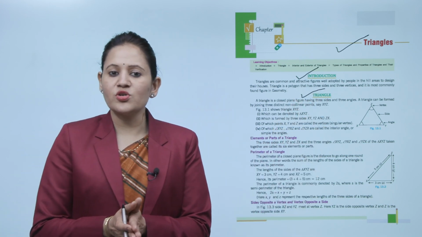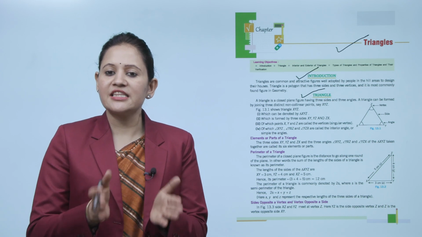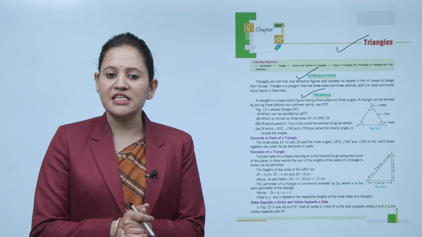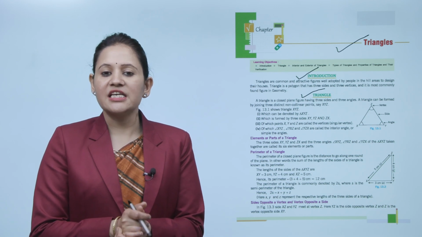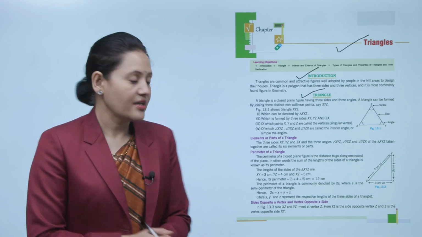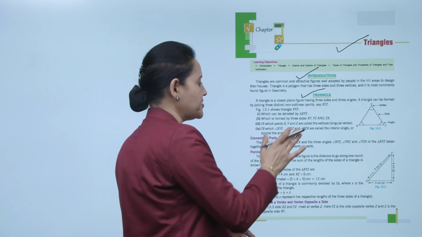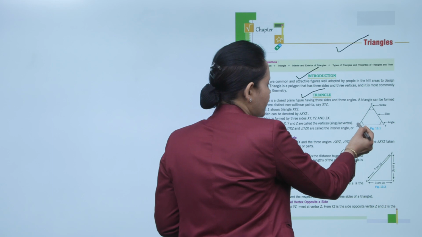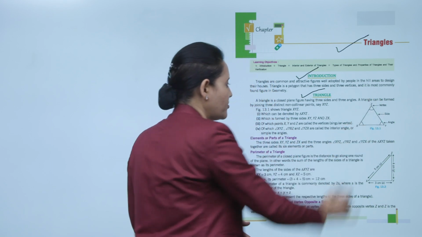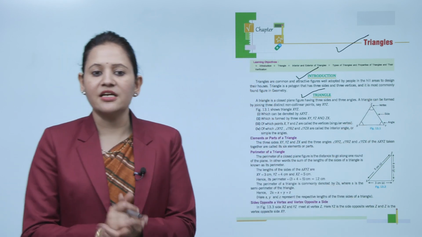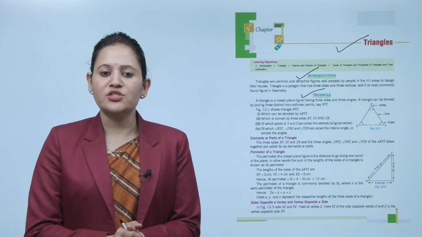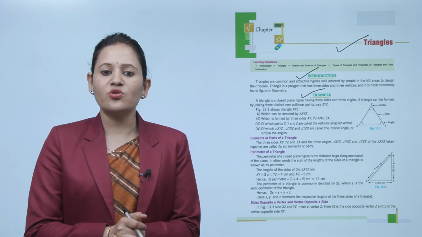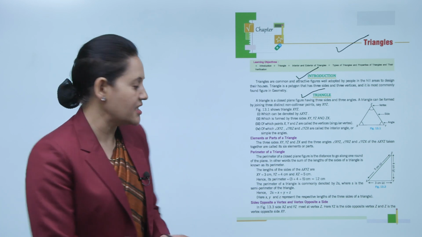A triangle is a closed plane figure having 3 sides and 3 angles. A triangle can be formed by joining 3 distinct non-collinear points, say X, Y, Z. Non-collinear points means they are not on the same line. So, these are the 3 points X, Y and Z. You join them to one another and they will form a triangle. Figure 13.1 shows the triangle XYZ, which can be denoted by